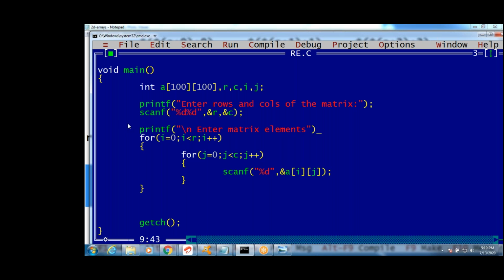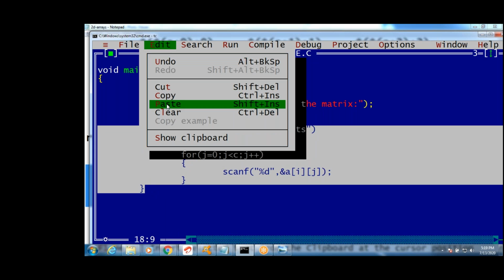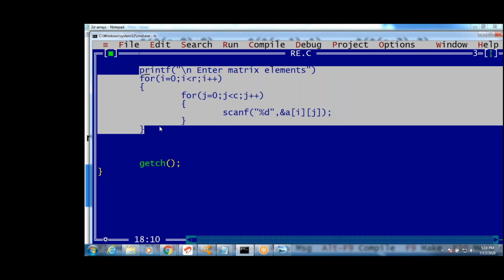Then see this. The same way, copy paste the same loop, guys. For reading and printing purposes also. See this. Same rows. How many rows and how many columns? Paste. Yeah, here I will give a message: matrix elements are. What are the matrix elements? We are going to print matrix elements. How to print matrix elements?